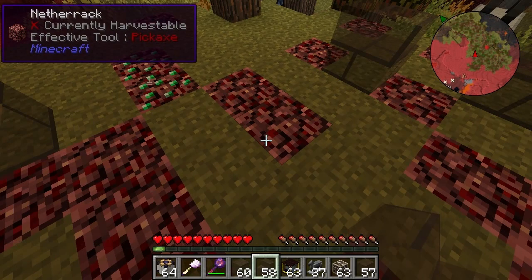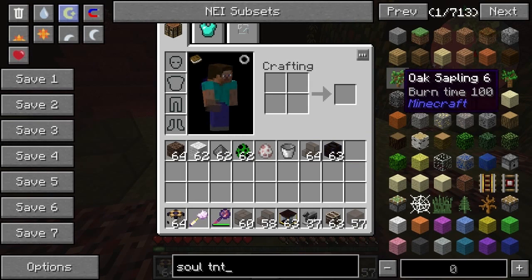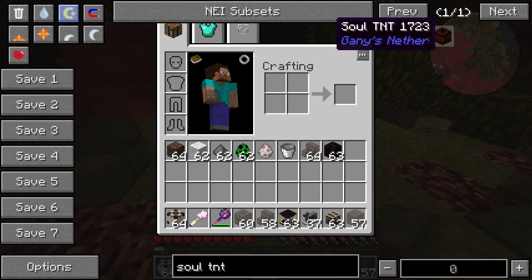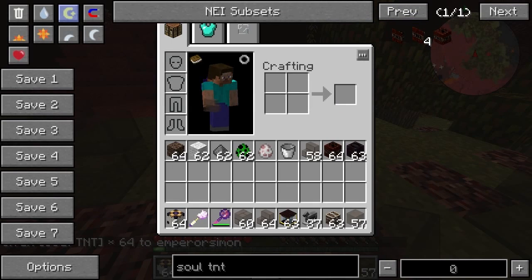Now the next thing is the Soul TNT. It's basically the same recipe as TNT. And not really too much to say about this. The only thing you can say is that if you do get hit by it, it will actually apply slowness. So it applies slowness on detonation. In the detonation area, there will be slowness applied to whatever happens to be standing there. I was going to try it for myself, but